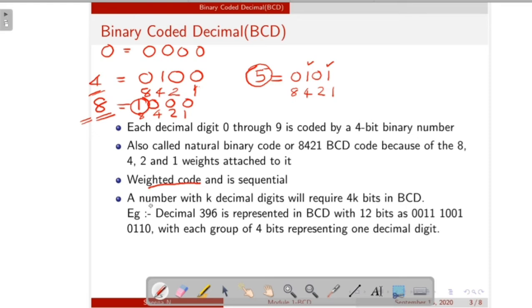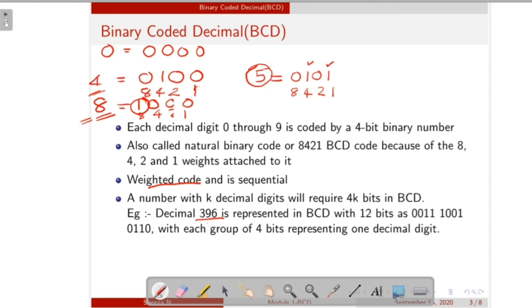And another thing, suppose we have a decimal number with k digits, it will require 4k bits in BCD. For example, 396 has 3 digits.